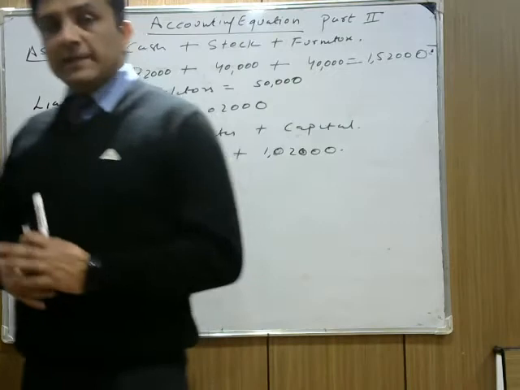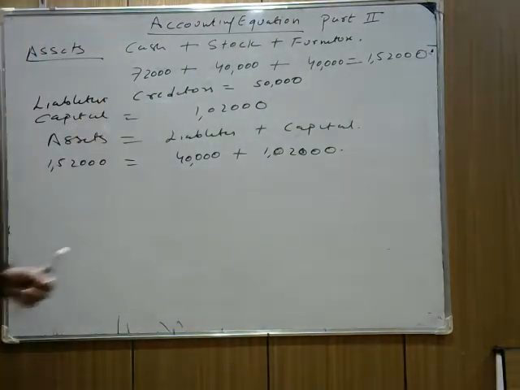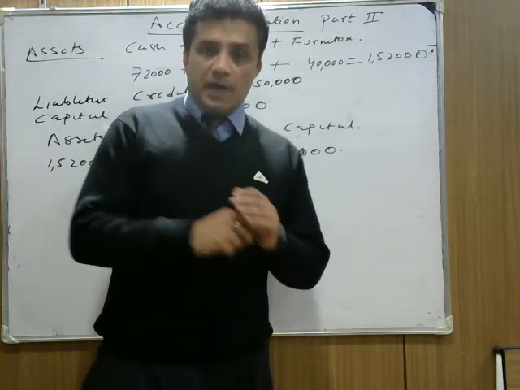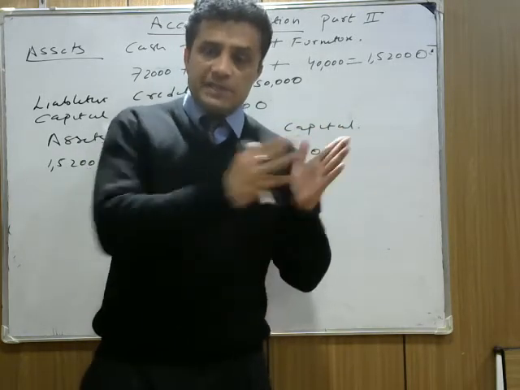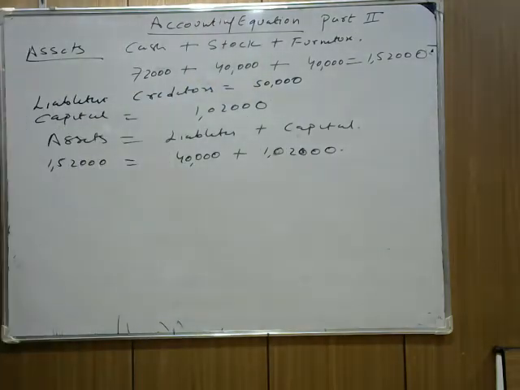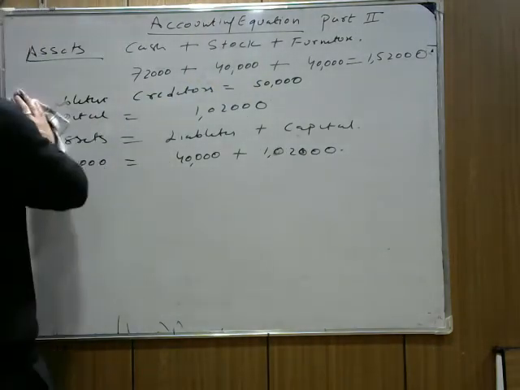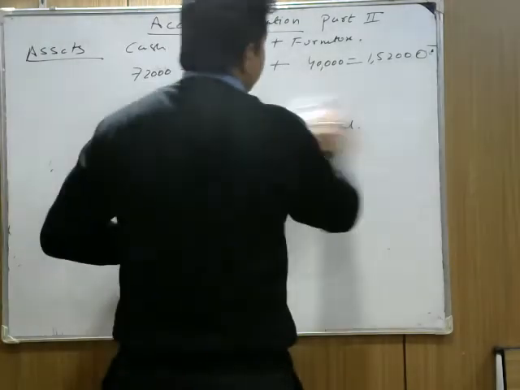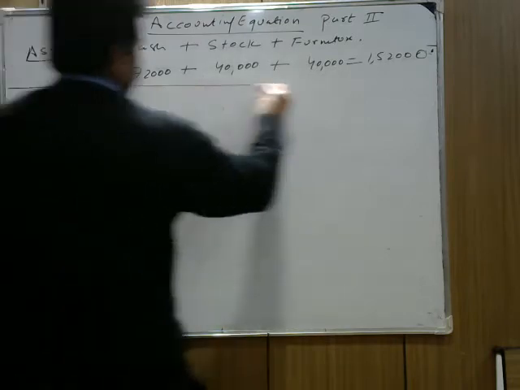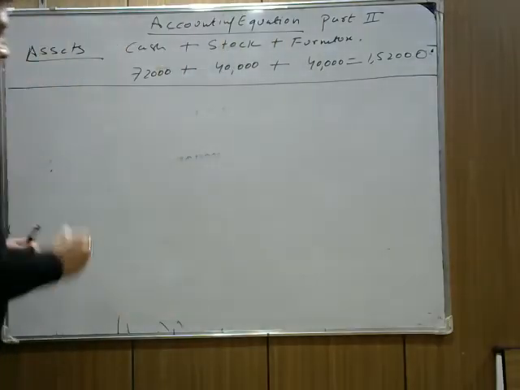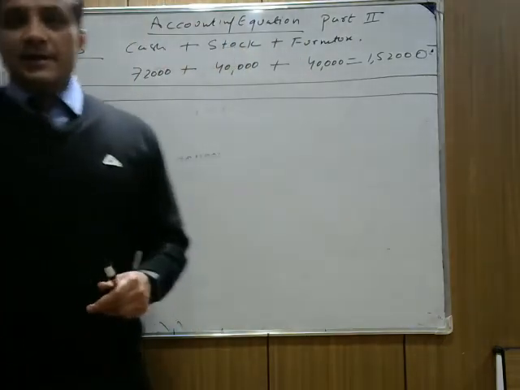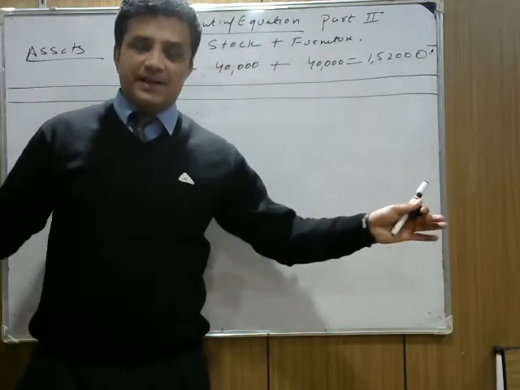Now, the next portion in this part is how we make the balance sheet with the given information, how we construct a balance sheet as per the given sheet. Now, what is the concept of making a balance sheet? The balance sheet concept is the same, asset is equal to liability plus capital, but we make it in accounting terminology. So, I'm writing the balance sheet over here. The balance sheet has two sides. We do not call it debit and credit side, we call it left hand side and right hand side.